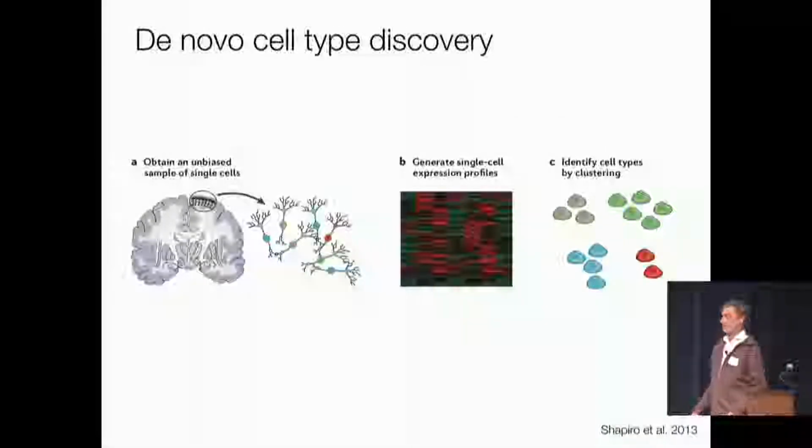This is the classical, by now, approach to atlasing. We use single cell methods to take a sample of cells out of some brain region. We do single cell RNA sequencing, and then we cluster the cells. And this has turned out to be an extremely powerful approach to understand the composition of complex tissues, in particular